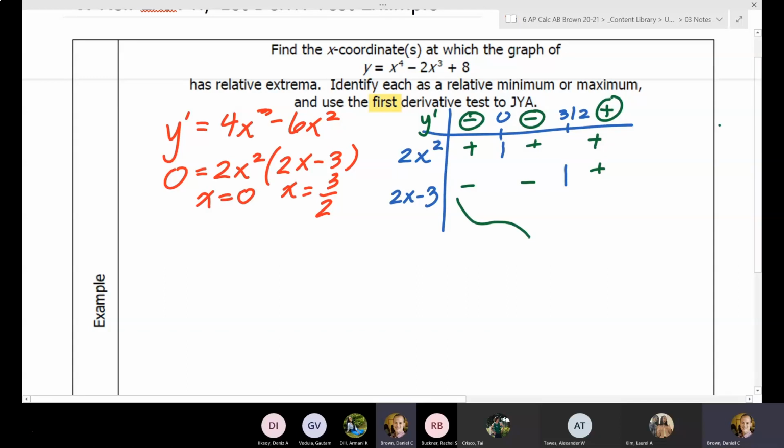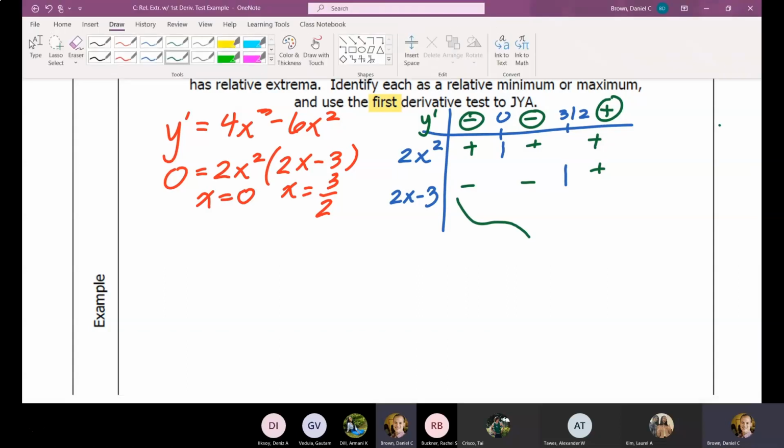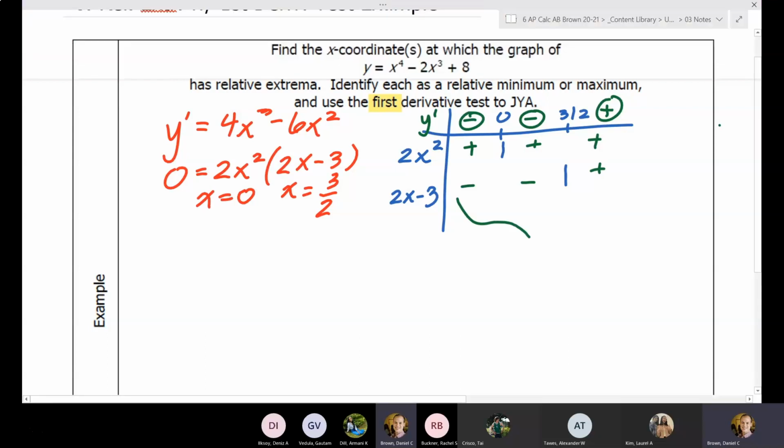At 3/2, is that going to be an extrema on the graph? Yes. Is it going to be a minimum or a maximum? Minimum. So we have a negative derivative and then a positive derivative, so it is going to be a relative minimum. You do have to justify your answer. So I'm going to say something like x equals 3/2 gives a relative minimum. How do I know it's a relative minimum? Because y prime changes